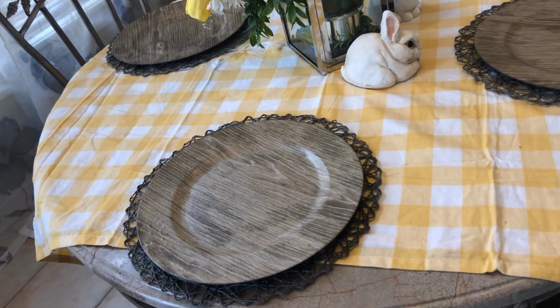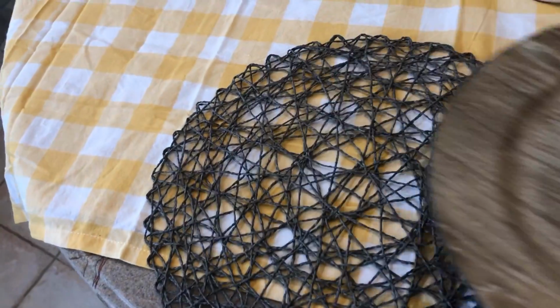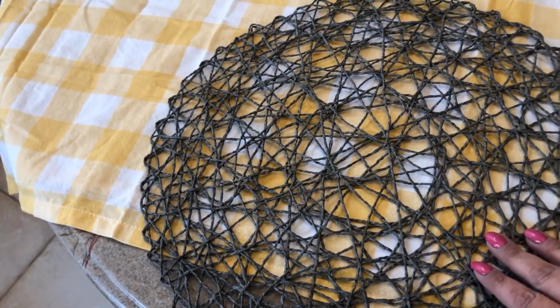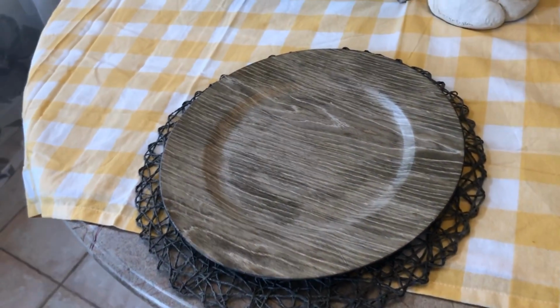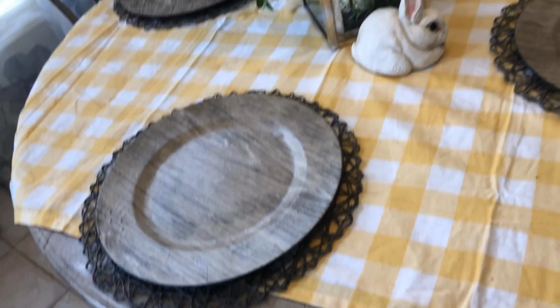This is step 2. What I did here, I hope the color shows up. So these are gray actually. And I'm pretty sure I bought these at Dollar Tree. But I like to layer them. And then I just put my wood charger on again. And you'll see why I'm bringing in the gray in a minute. So that was